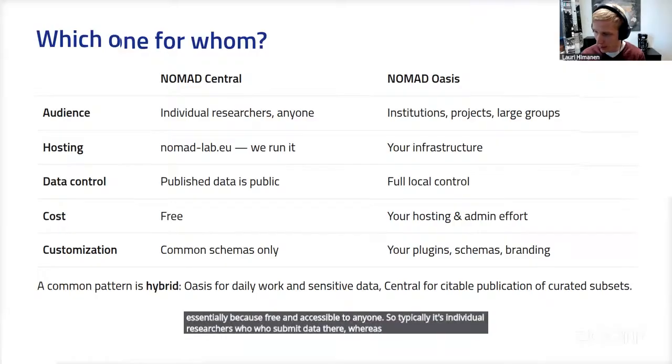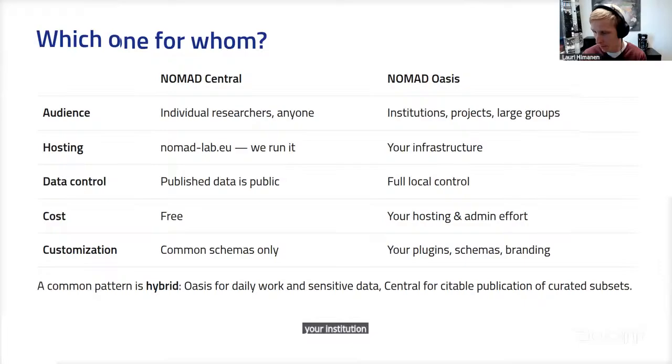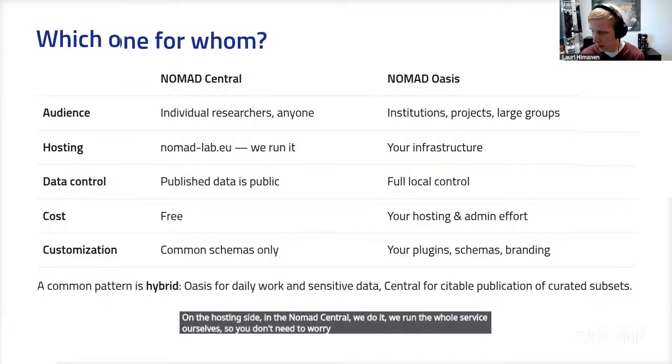Whereas an Oasis is typically something that you build for your research project or your institution. On the hosting side, in NOMAD Central, we do it. We run the whole service ourselves, so you don't need to worry about it. On an Oasis, this now runs on your infrastructure. You have full control over this.